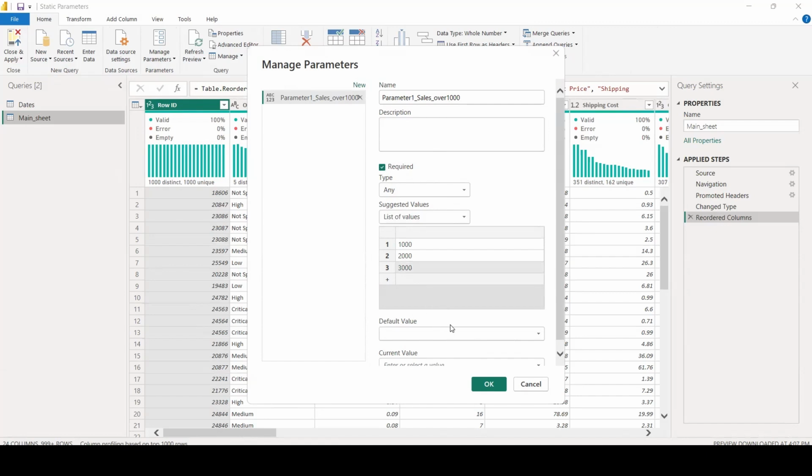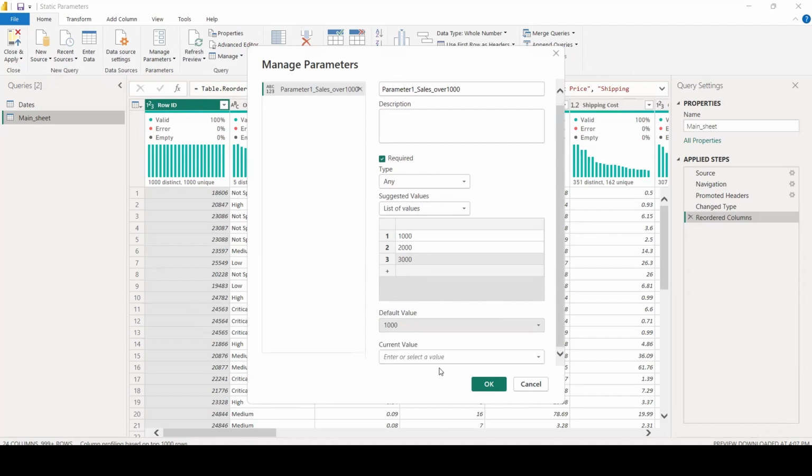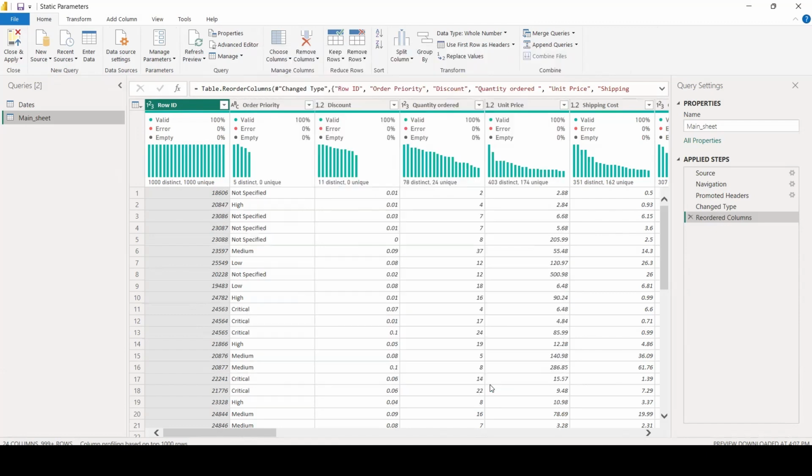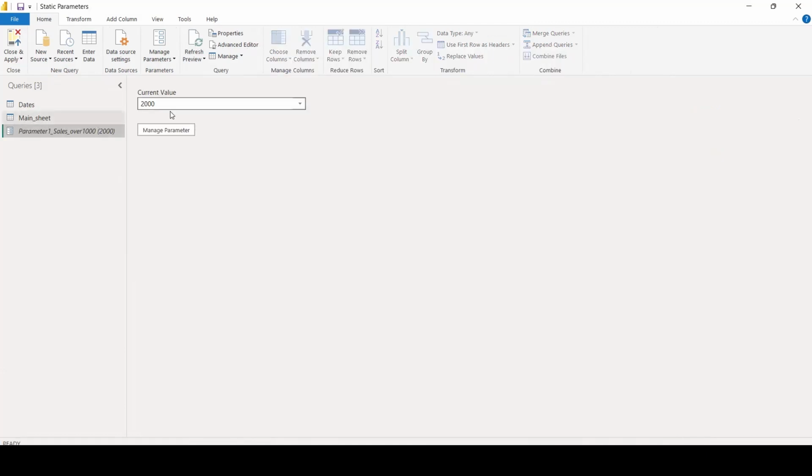Once I do that in default value, I will just see all these numbers that are in the list. So I can choose 1K, and for current value, I can choose 2000, 2K. And once I hit OK, I have a new parameter created with the current value 2000.